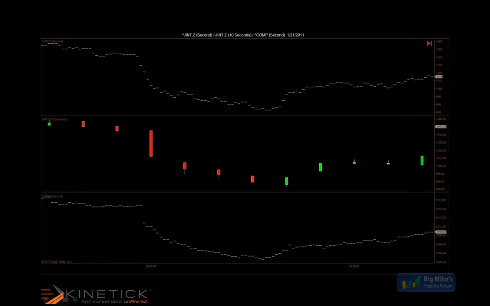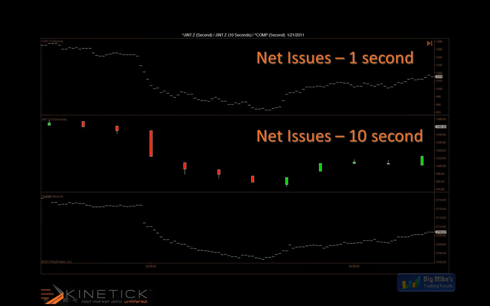Give you an example of why this may be important for the update interval: I got a chart here with 3 different market metrics applied. We have the net issues as it calculates based on Kinetick's interval, 1 second here, and then we have a 10-second, since some providers provide a larger frame for update, and then just the NASDAQ composite index. So the NASDAQ composite index is the actual value that updates from the exchange, and what you can see on this is a gap from one level to the next, and there's not really any leading understanding of why that may have occurred. It just kind of happened from one update to the next, whereas if we were comparing that with the net issues, which is a measure of the advancing versus the declining issues of this particular exchange, the NASDAQ,